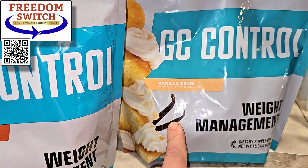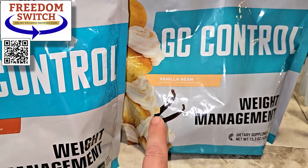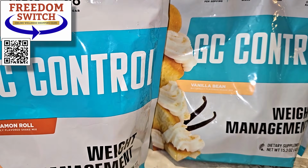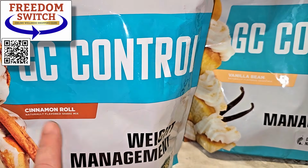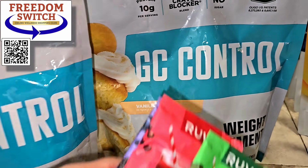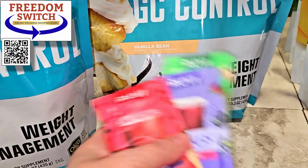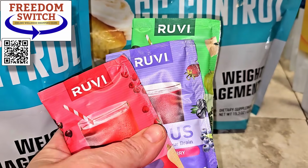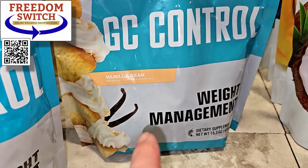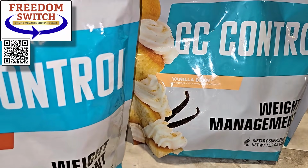He was drinking chocolate, and then he tried strawberry, and he likes that the best. But I wanted to get some other flavors this time. I like the cinnamon roll in the fall and winter. If I mix anything into my shake, like sometimes my Ruby shakes, and it's fruit flavored, I want to put it in vanilla. I don't want to put it in something like chocolate or cinnamon, or caramel creme brulee is actually probably my